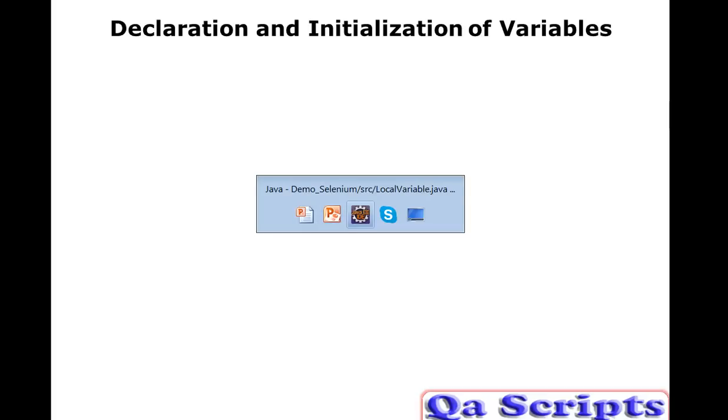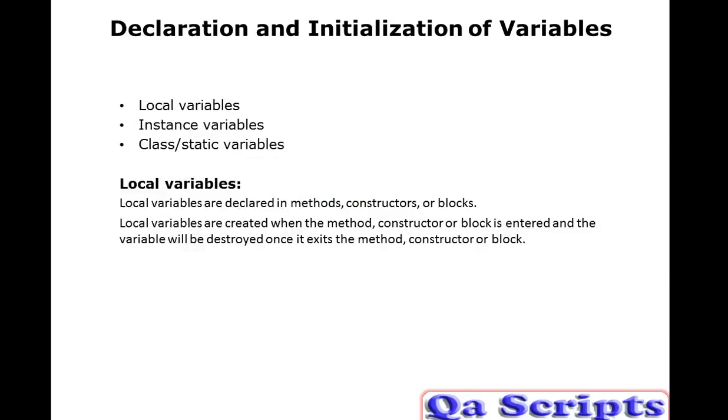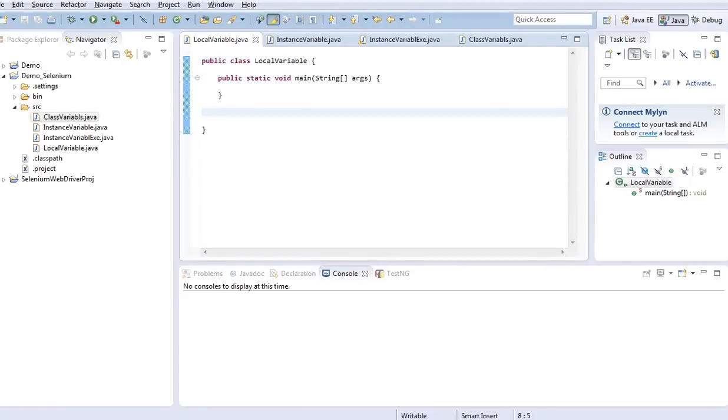Let us open Eclipse. Here is Eclipse. First and foremost statement we have got, let us go back to our methods. The local variables are declared inside the method, inside the constructor, or inside a block. Let us create two different methods and try to use local variables inside them, and let us see what happens if I don't declare in one method and if I try to use already declared variables. Let me create one simple method called add num.